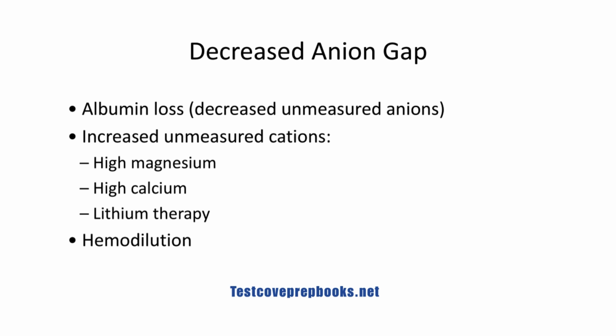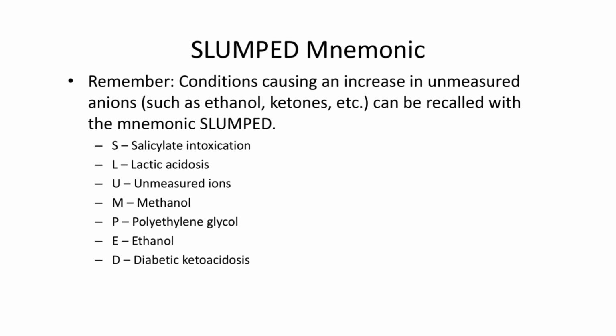Hemodilution can also lower the anion gap. This calculation is a valuable tool for identifying and monitoring metabolic disorders and for ensuring accuracy in laboratory testing. When thinking about conditions that cause an increase in unmeasured anions, you can use the simple mnemonic